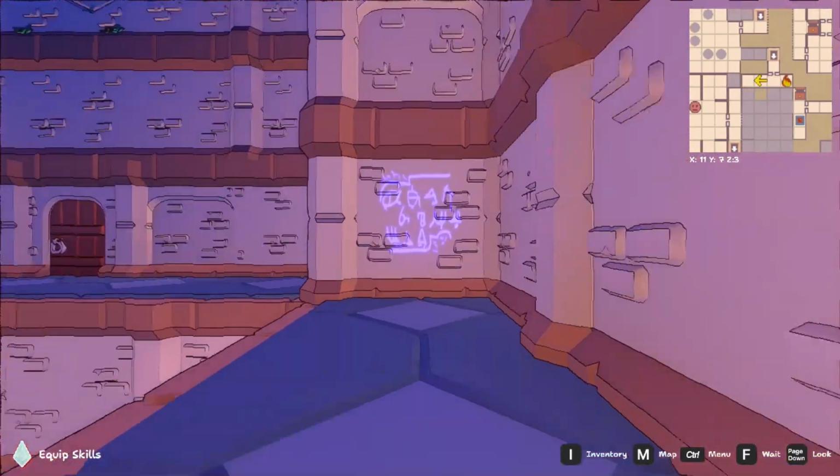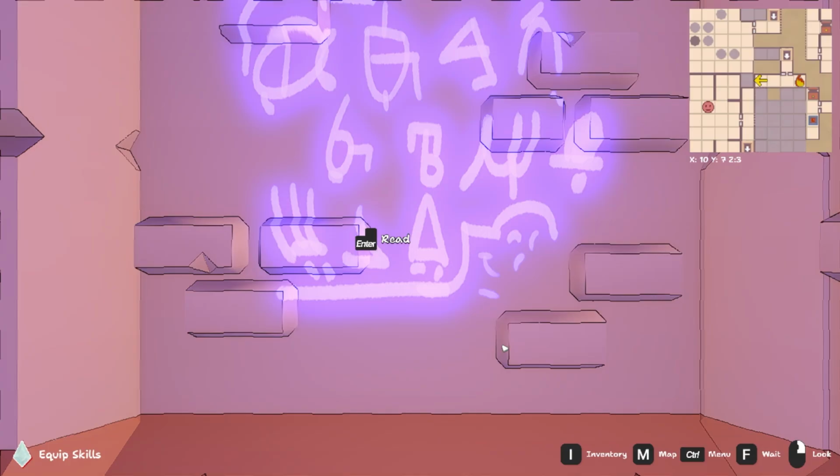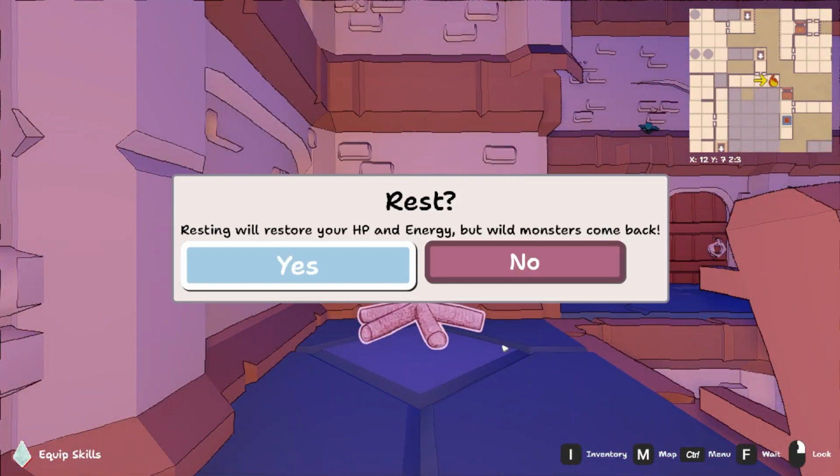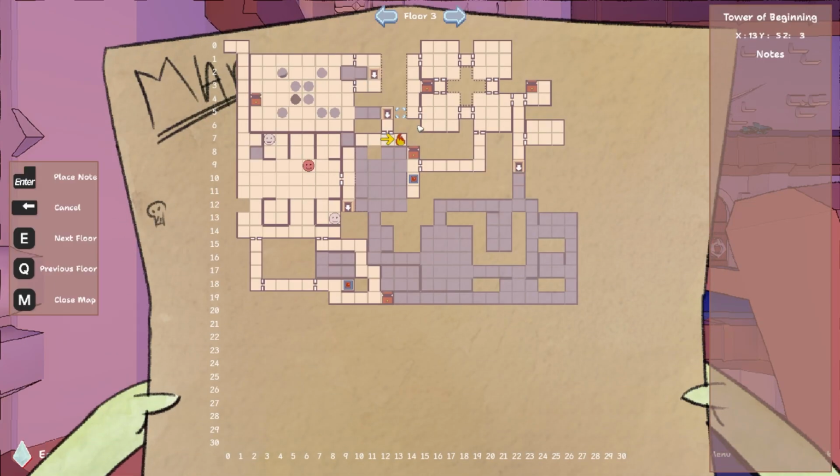We can rest. Let's see what this says first. You can fall safely into the water. You can try to look down. Okay, dude. Let's... hold on. Do we want to rest? Hold on. Do we want to...